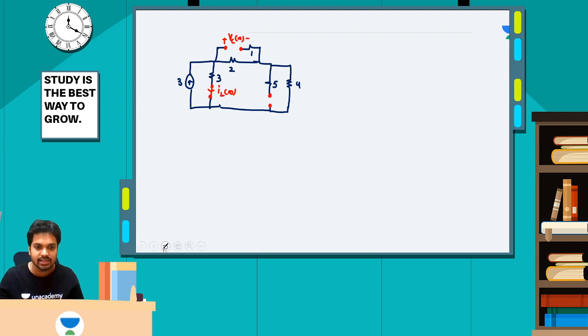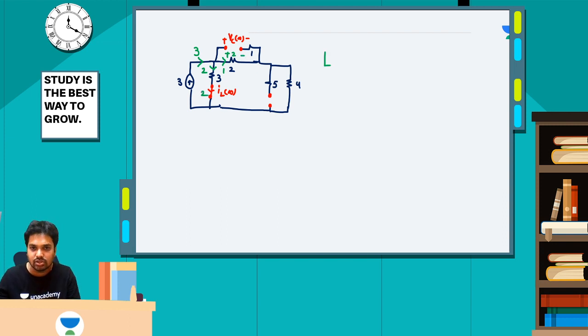Now please listen here. Here you can see this is 3 ohms and here 2 plus 4, 6 ohms. 6 and 3 are in parallel. By current division principle, I will get here 2 amperes, and 1 ampere here. So 1 into 2, what is the voltage drop? 2. And here it is 2 amperes.